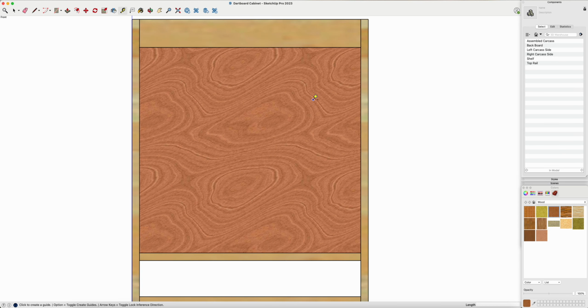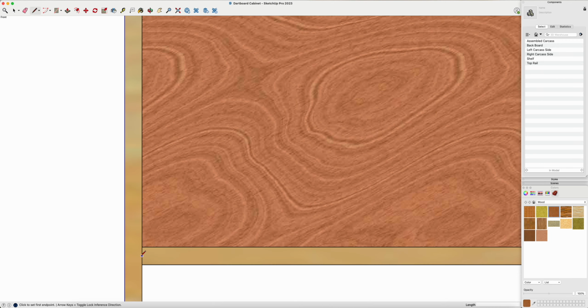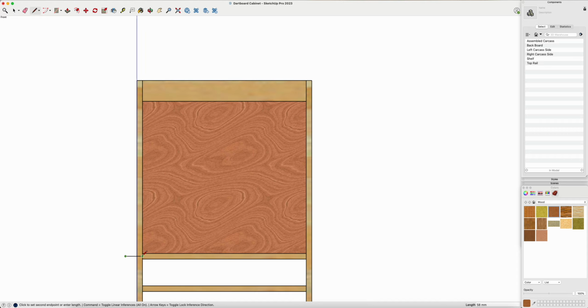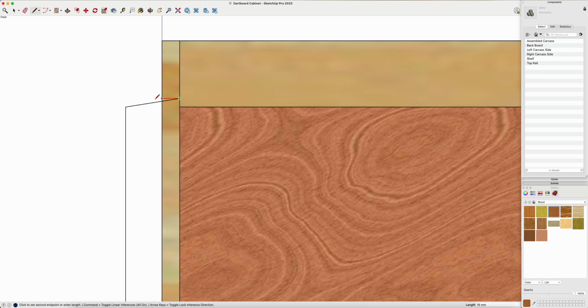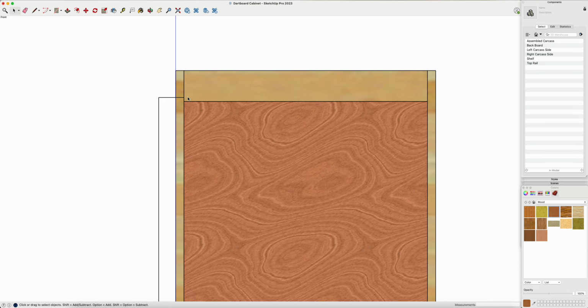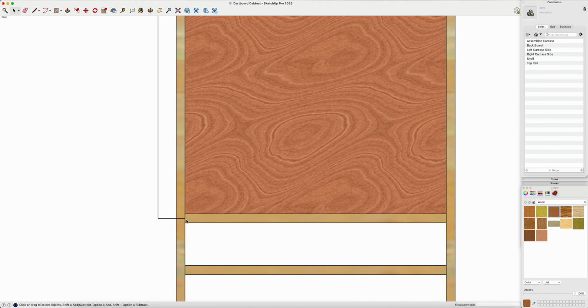As far as the height goes, our doors are going to go from the halfway point here. So I'll draw a line just to show you, halfway there, all the way up to here. And then they're also going to need to go an equal distance overlaying the top as well. Okay, so we're going to have a half overlay at the top, half overlay at the bottom, but full overlay on the sides. The reason for the half overlay is when the drawer is placed in, we are again going to have a half overlay for our drawer so that the drawers and the doors don't actually need to